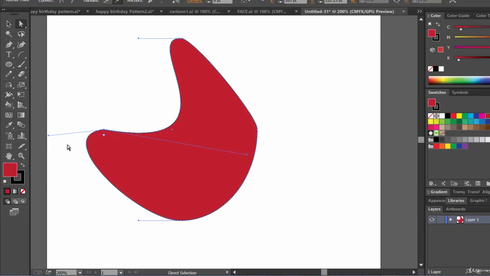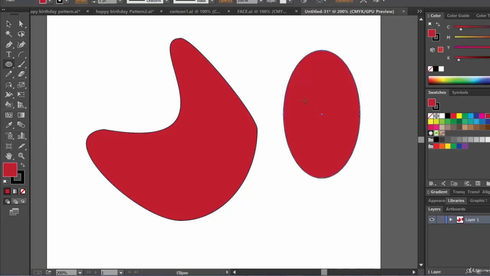So just understand the basic concepts. What are anchor points? An anchor point connects paths. Yes, friends. And since it connects paths, a path contains many anchor points. You are getting my point, right? Say for example, this ellipse.